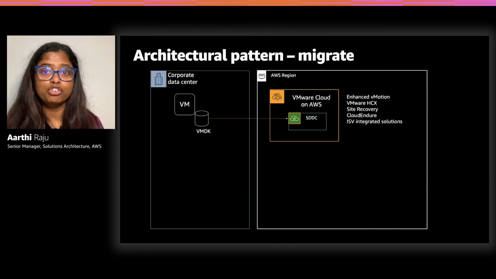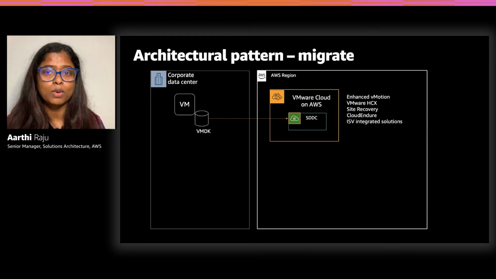Site recovery, which you might be familiar with, is better known for its DR as a service capability, an add-on that allows customers to have DR protection from on-premises to the cloud or even for their migrated workloads. You specify a group of VMs that you want to migrate and have data protection for. We also have Cloud Endure, which is a native AWS solution that has been supported for native migration from on-premises